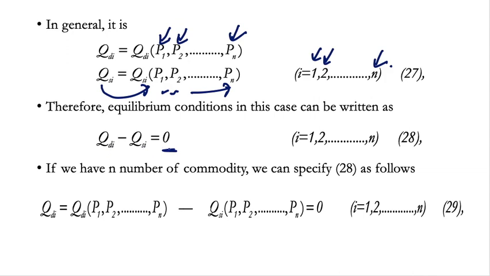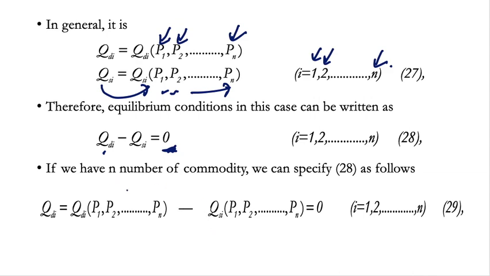How do we know this one is talking about excess demand? Because quantity demanded comes first and then only quantity supply comes later. But if we change it, so quantity supply comes first and quantity demanded comes later, what happens here? This one is actually about excess supply. All right, now next,